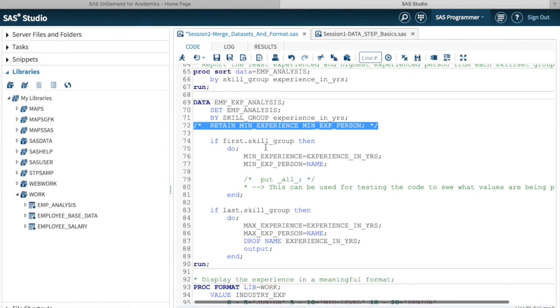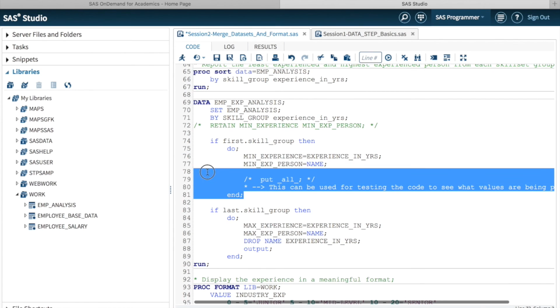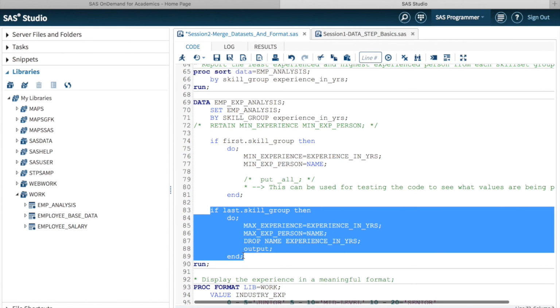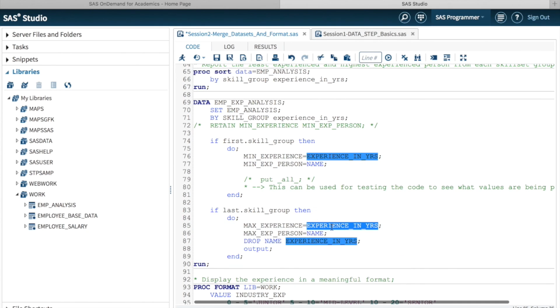In each and every group, whenever the first skill group is encountered, I am going to capture the minimum experience in years and the person name. But I am not writing anything here. In the next one, whenever the last record or observation is encountered, we are going to capture his years, which is the maximum experience within that particular group, and the person who possesses that experience. And before writing it out using this output statement, I'm going to drop these two columns,